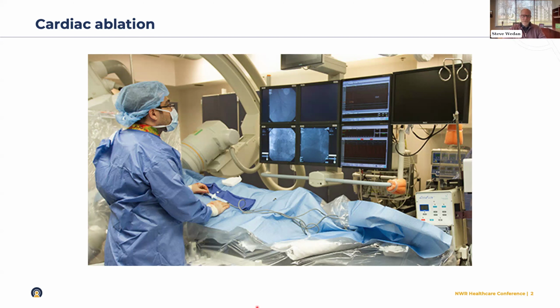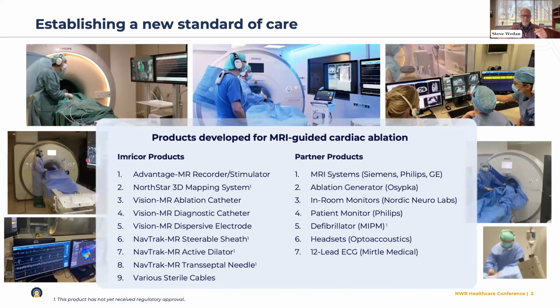So when we talk about a transformation in this field, the transformation is just doing this exact same procedure with a different imaging modality, replacing that X-ray system with an MRI system. All these are pictures of our customers doing what we call MRI-guided, or ICMR, for interventional cardiac magnetic resonance, ablation procedures. Same procedure, same doctor standing by the patient, looking across at screens, but now